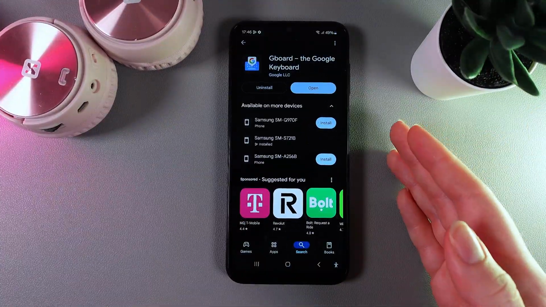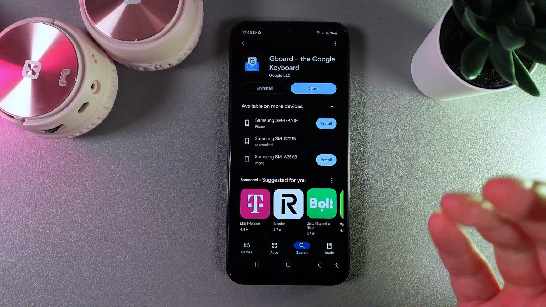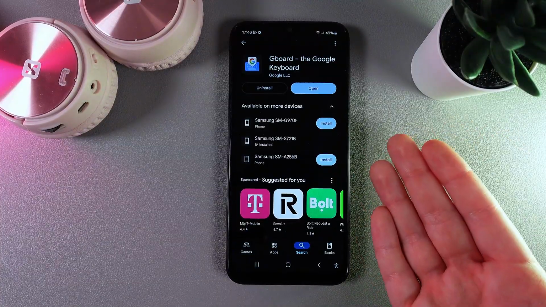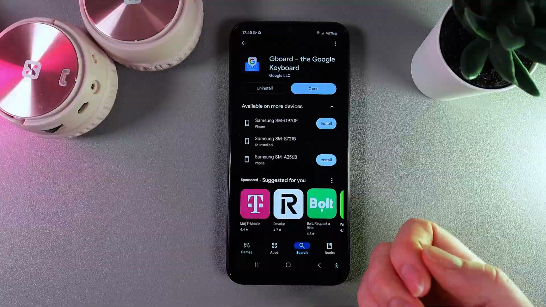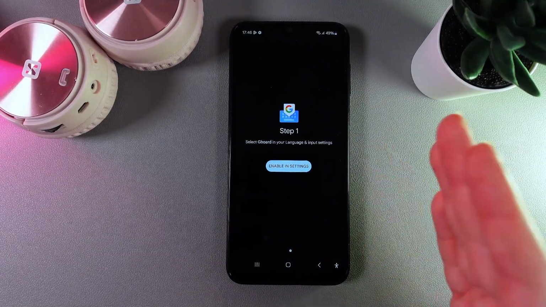Hi, want to know how to change the default keyboard to any other that you would like to use on your Samsung Galaxy A14? So in my case, I have chosen Gboard, and firstly we would need to install the keyboard in the Google Play. Then we click open, and here as a first step we will need to enable Gboard